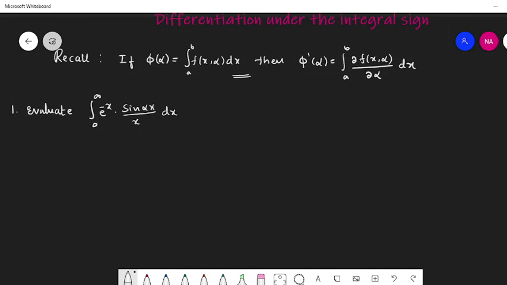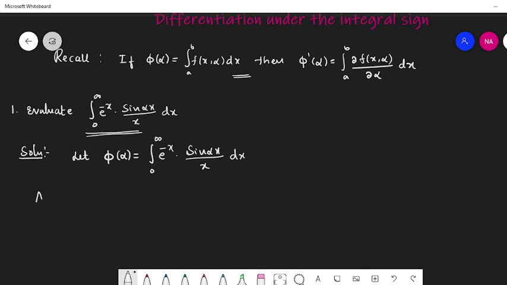Okay, solution. So here the first step is identifying phi of alpha. We need to evaluate this integral, which obviously stands as phi of alpha. Let phi of alpha equal integral 0 to infinity e power minus x sin alpha x divided by x dx. Now applying the rule for differentiation under integral sign, or applying Leibniz rule,